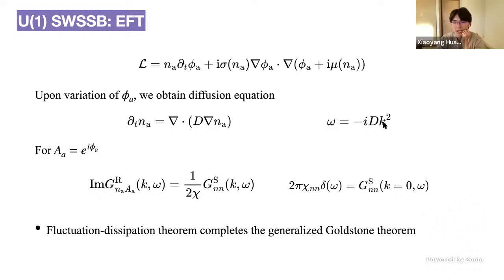Sorry. So here the k square is because you have two gradients in the effective action. Now, if you allow the symmetry to be broken explicitly, then you don't have the shift symmetry. Then you are allowed to add the phi A quadratic term without gradient, and that term will give you something non-vanishing if you take k going to 0. So that is what I'm saying. If you have the strong symmetry explicitly broken, your diffusion mode will also acquire a gap in that sense.